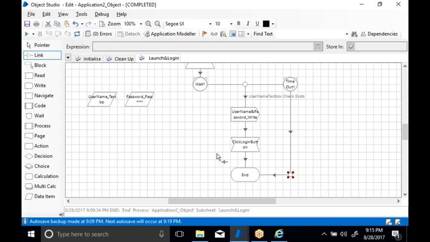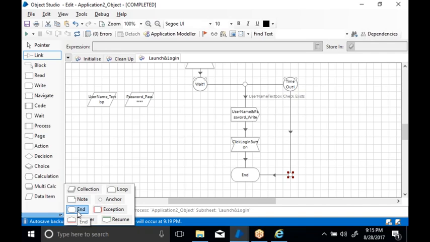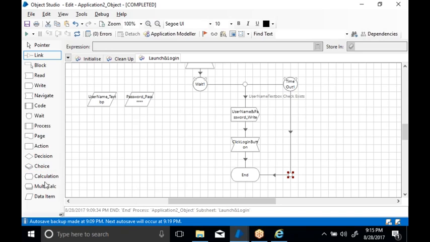Always one start stage for any action object or process, where you can see the end inside the stages, but you cannot see any start. Why? Because objects or processes can contain only one start, but they can contain multiple ends.